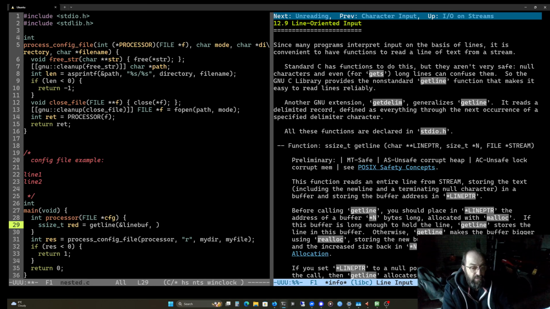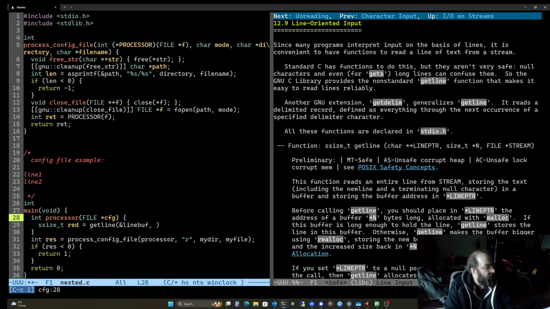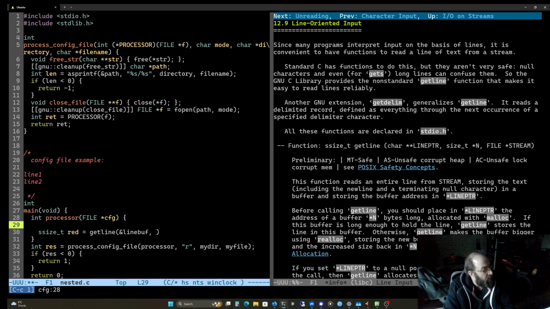Let's just make this a bit smaller. If this buffer is long enough to hold the line, getline stores the line in this buffer. Otherwise, getline makes the buffer bigger using realloc. Right. So we've only got to make a thing big enough for a few bytes. So let's just say 10, I guess.